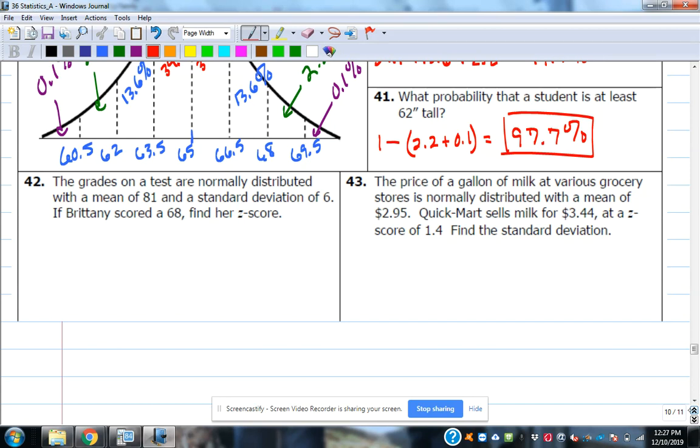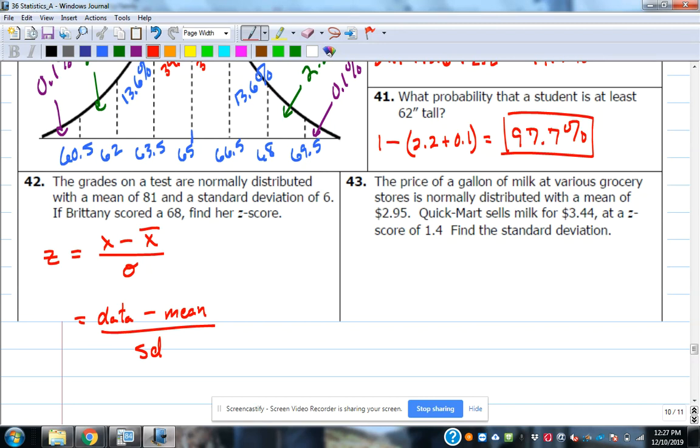So to calculate a z-score, this is your formula. And I'll explain what each of these things are. That's your data point minus the mean over the standard deviation. That's what that stands for. X is the data point. X bar is the mean. This little thing looks like a cursive O, but it's the Greek letter sigma is what that really is. But that's the standard deviation. Okay, so all that information is going to have to be given to you